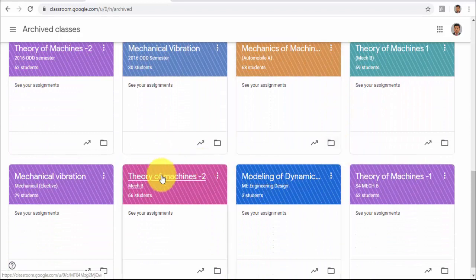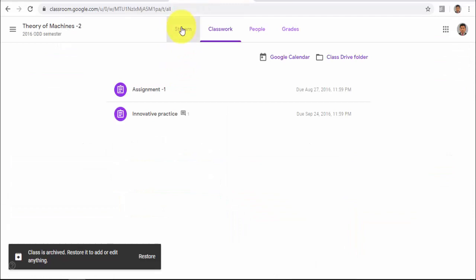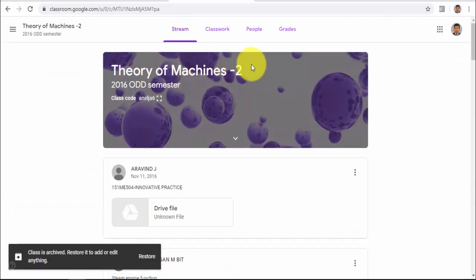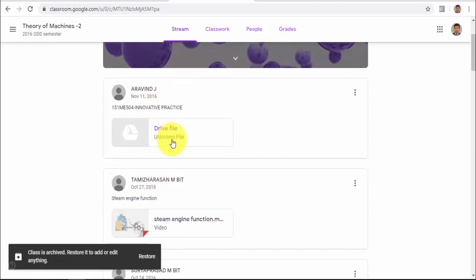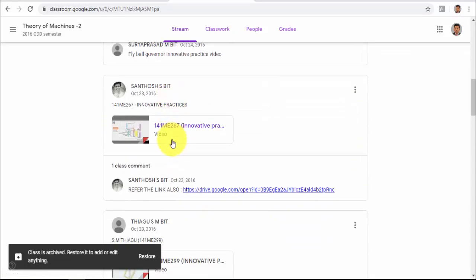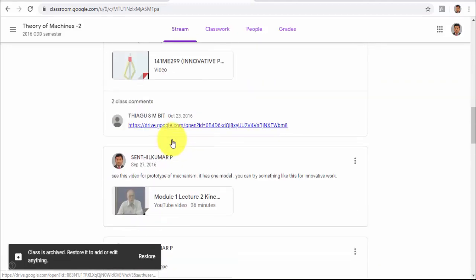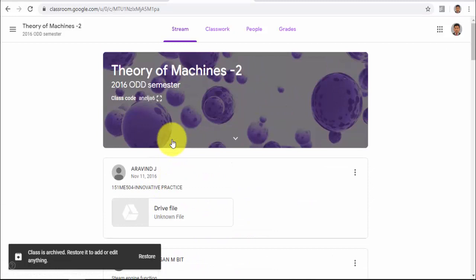Now I'm going to open this classroom. Just click on this, and you will get a window like this. See here, this is a theory of machines course which I conducted in 2016. You can see all the information that you shared in 2016. Now we are in 2020, but this can be really useful during auditing and database maintenance.